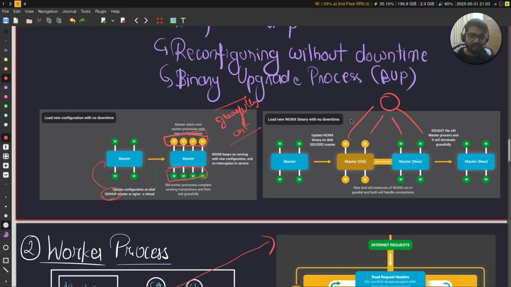The old master and the workers stop listening to the listening socket, and instead they try to complete whatever connections they have already taken up, and once those are done, they are terminated. So this is again an example of graceful termination. And then we quit the old master process and it will terminate gracefully, and now we have the new upgraded version running without incurring any downtime. So what we have achieved is the holy grail of having zero downtime